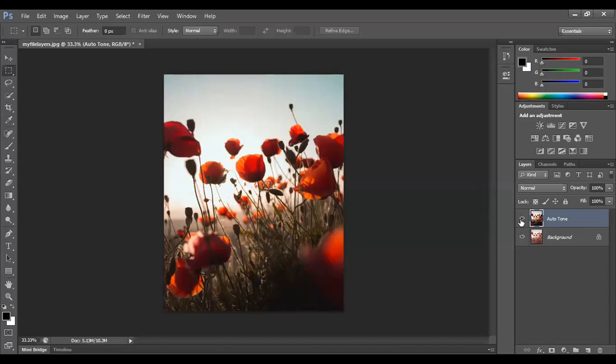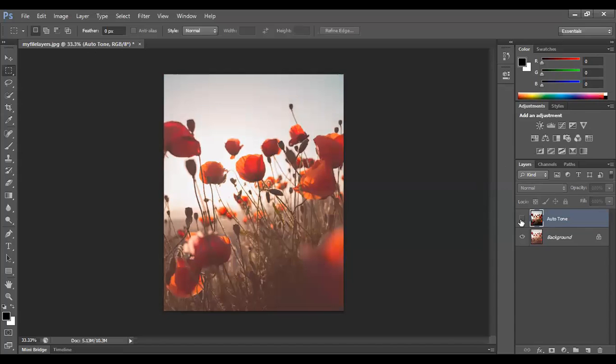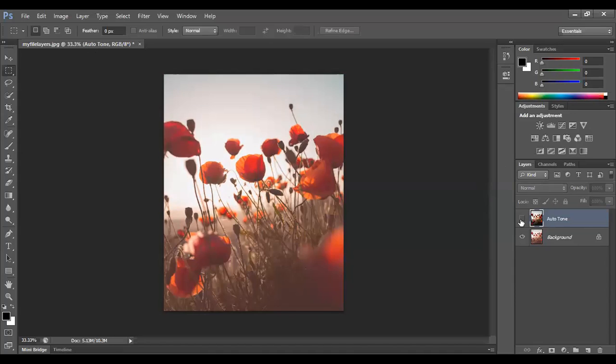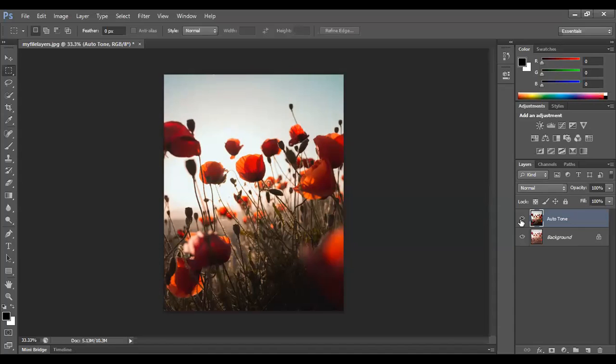Auto tone will darken the darkest pixels to black. Observe, wherever there were dark pixels, it is transferring that part to black color. Also, whichever are the lightest pixels, light pixels on the top, sky color, it is converting that to pure white. And whichever are other pixels, not light, not dark, it is redistributing all the tonal values between them. This is actually done on a channel basis.